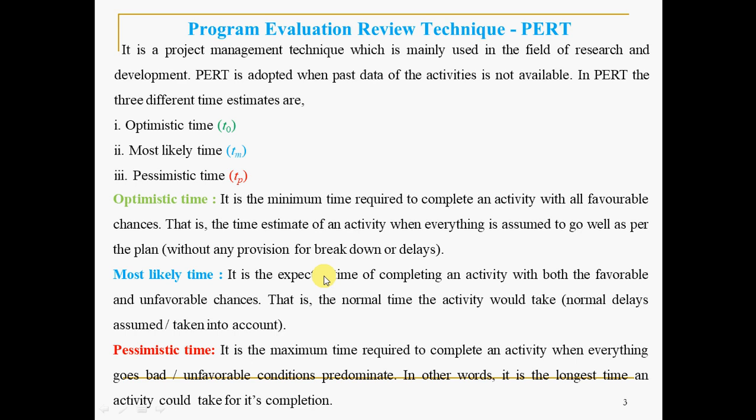Okay, construction of a flyover or a dam, you take it. It will be planned for 1 year, let us say. If everything goes well, according to our plan, according to our wish, it may be completed in 1 year. That is optimistic, we can say. Or it may take 2 months extra, let us say 1 year, 2 months, like normally; it may take a little extra time, that is like most likely time. Or because of some weather conditions, or some political issues, or other challenges, or hidden reasons, it may take 1.5 years or 2 years sometimes. So that is like pessimistic time. I mean, it is taking more duration or longer time than you expected.